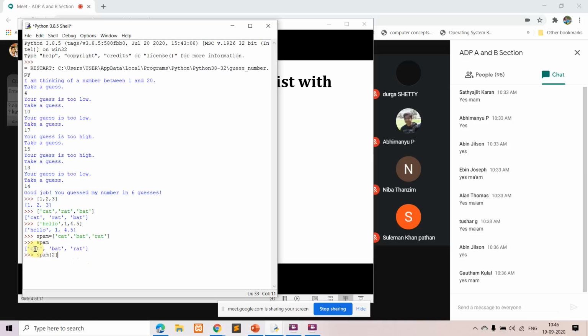So cat is having index 0, bat is having index 1, and rat is having index 2. So if I give spam of 2, rat will be printed. Similarly if I give spam of 0, cat will be printed. This is visible, right, to all of you?